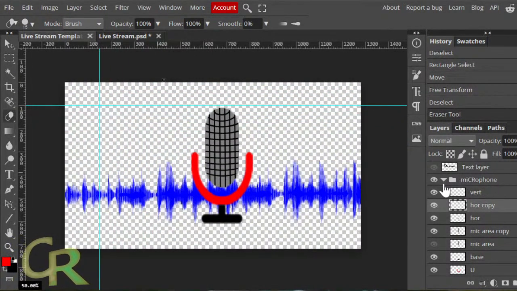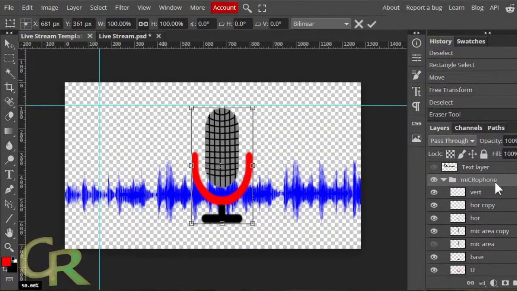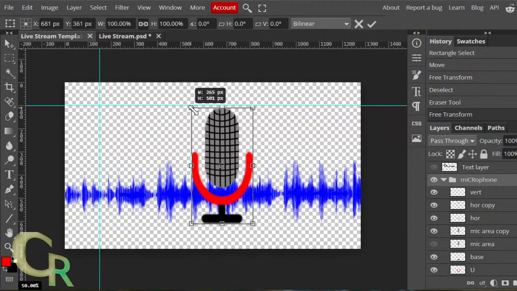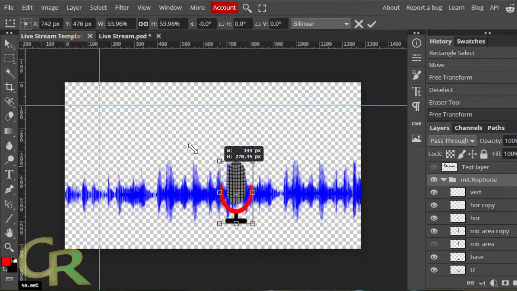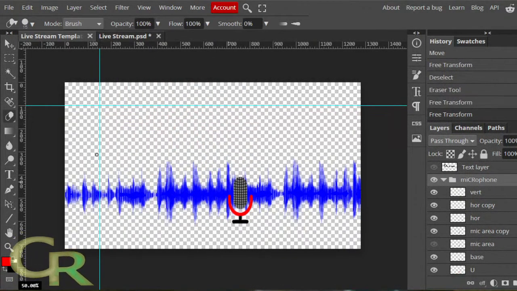But, of course, I have to see how it is in small scale, so I'll select the microphone folder as a whole, and I'll Control T, right click, so I can change the scale. Just to take a look there.